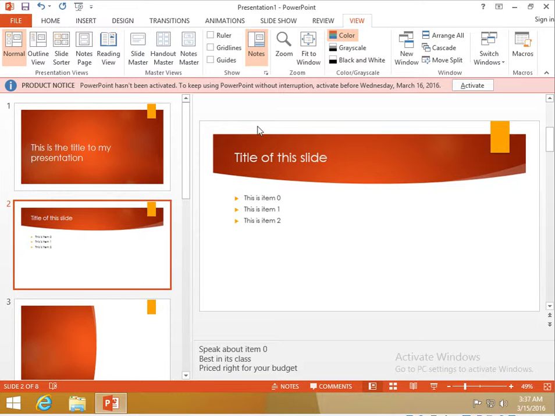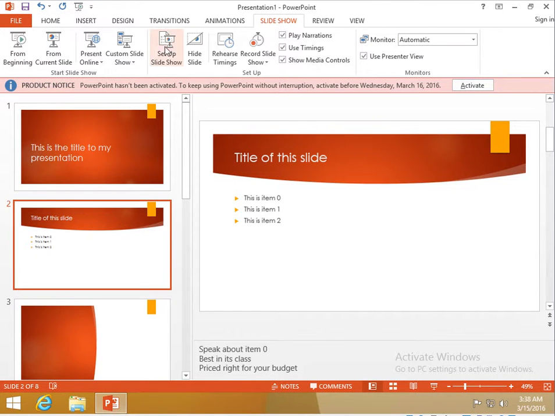Let's say I have a 50 slide slideshow. In this one I just happen to have 8, so don't worry, we're keeping the classroom examples simple. But I could have 50 slides, 25 slides, 300 slides, who knows. Let's say I want to create a custom slideshow and only use some of those slides. Maybe I have to condense my presentation from 30 minutes to 10 minutes. I really don't want to go through and copy and paste a whole bunch of slides to a new presentation. I could hide the slides that I don't necessarily need at this point, but I could also make a custom